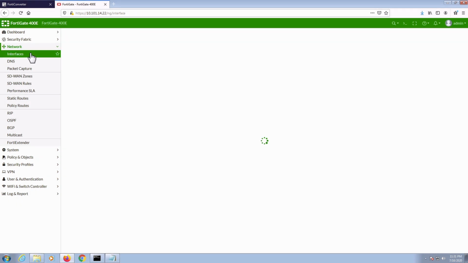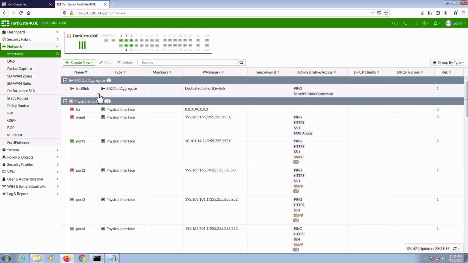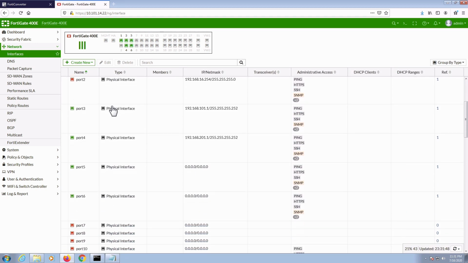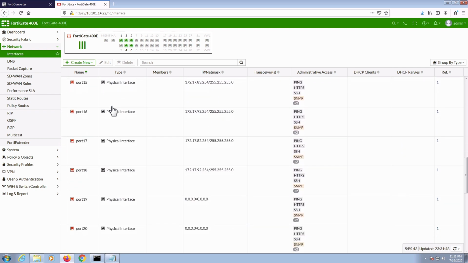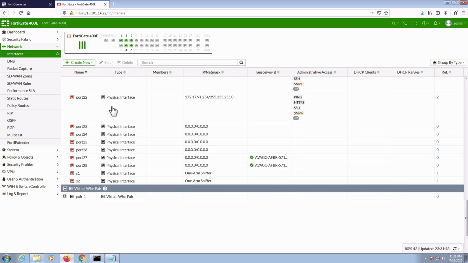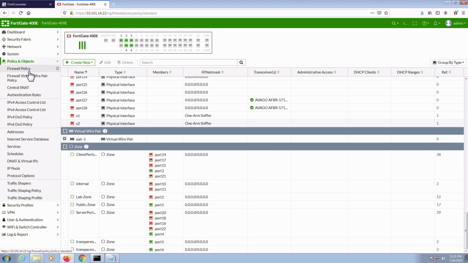Let's go ahead and verify this by navigating to various tabs on FortiGate. Here we can see all the mapped interfaces have been assigned IP addresses along with their respective security zones. Next, we can see firewall policies.